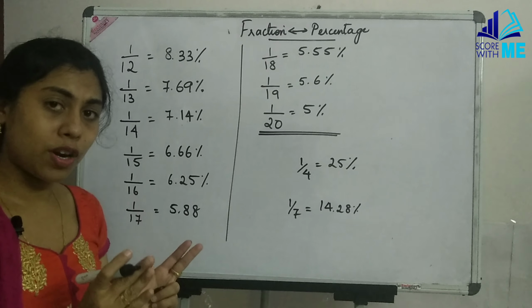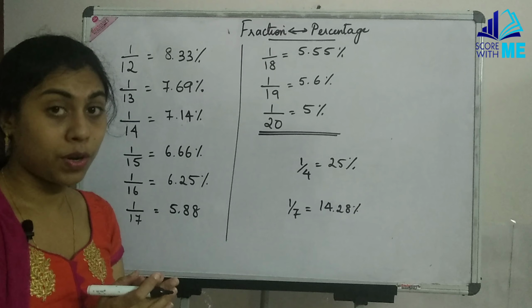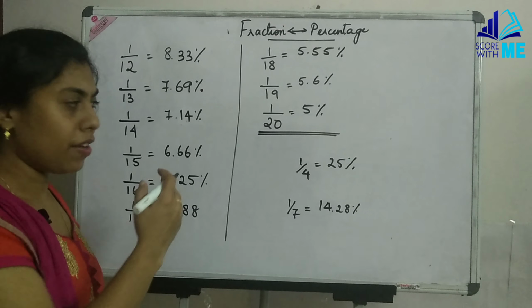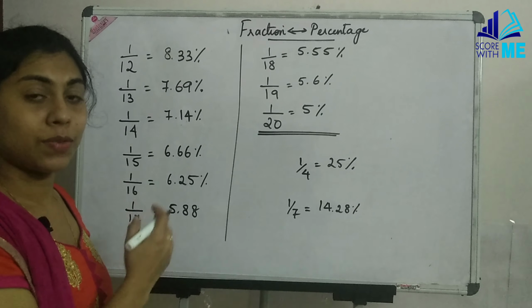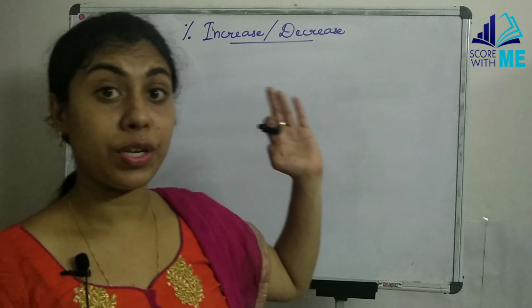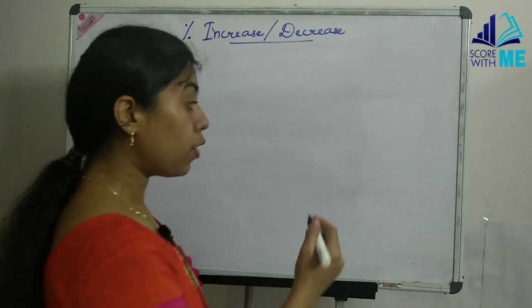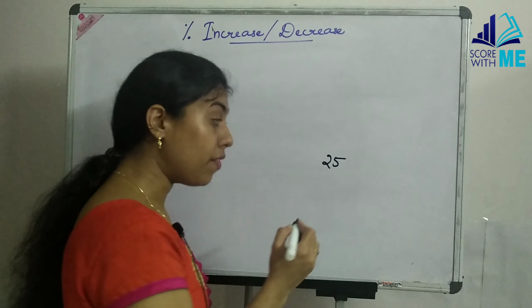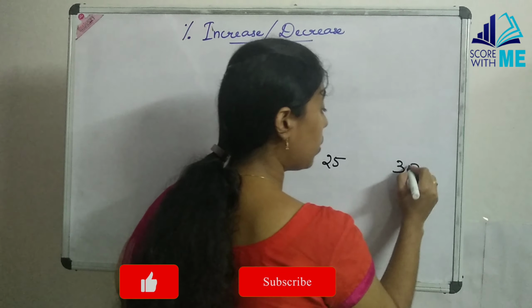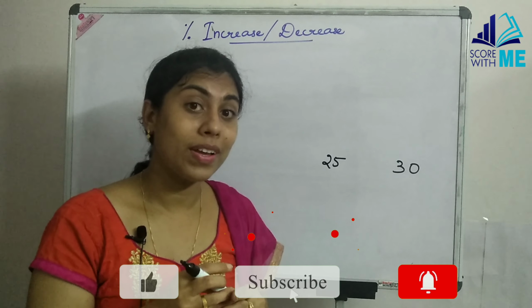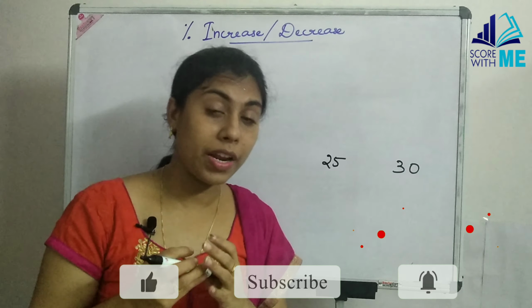The rest of the values need not be memorized, as they are found to be difficult, but these many values should always be there in mind. So initially we will find it difficult to remember, but as we do more and more, things will get familiarized. Now we are here with percentage increase and decrease. So we normally have values like, say for example, we have got 25 and this number is increasing to 30. So how much percentage change has occurred?